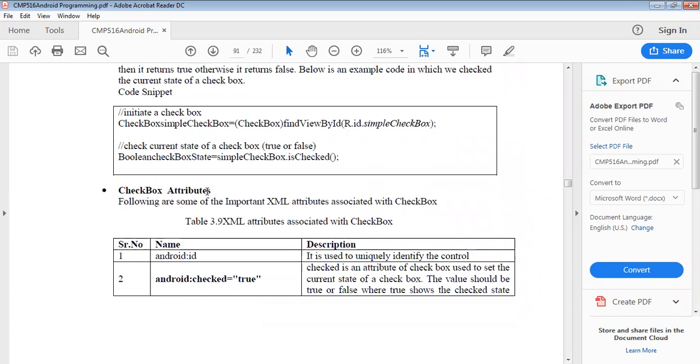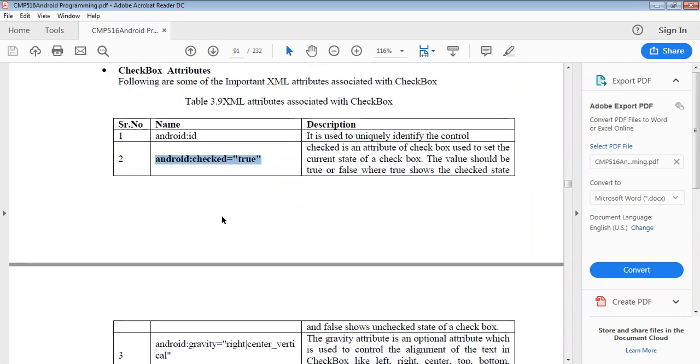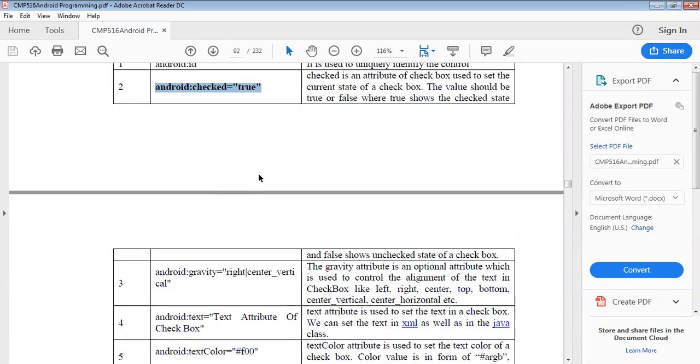Also, checkbox contains different types of attributes. For example, android:checked equals true means that the checkbox is selected, or checked equals false means that the checkbox is not selected, meaning unchecked. It is an attribute of checkbox used to state the current state of the checkbox, where the value should be true or false.